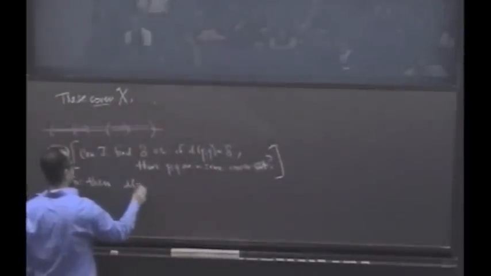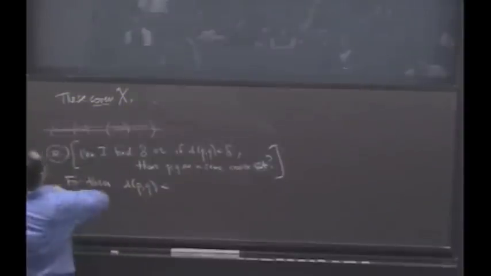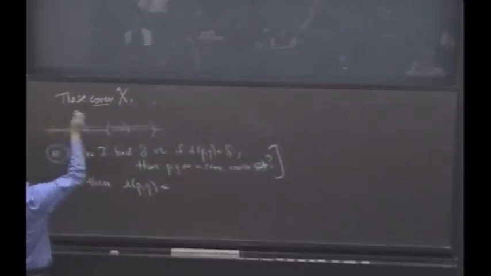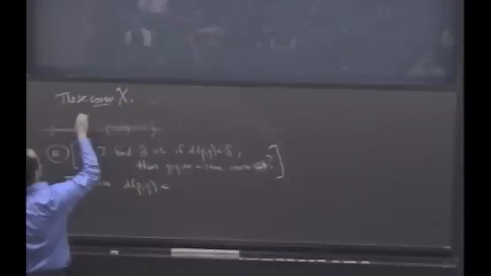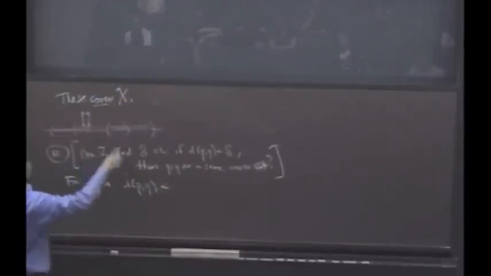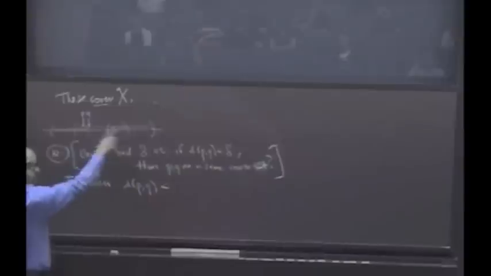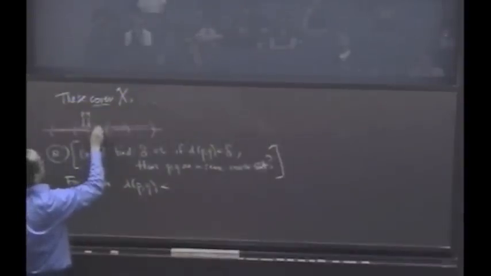If I could do that, then here's the thing that it would enable me to say. Because then what I could say is that the distance between P and Q, if you find me for any P and Q, like here's a P and a Q, would you agree they both live in one element of the cover, namely this one, yes? If you could do that, then I could bound the distance between P and Q by their distance to the center point of this cover.